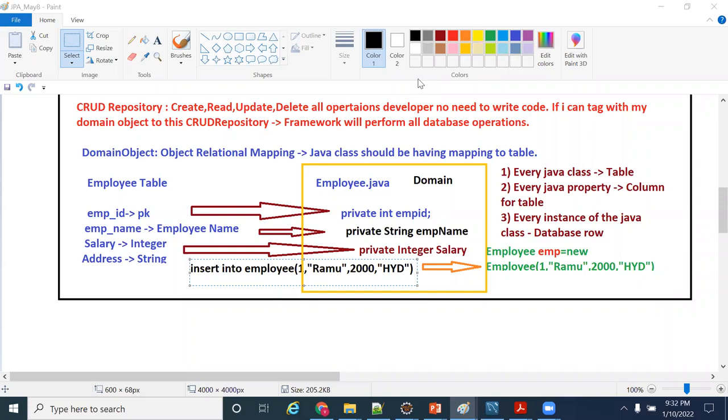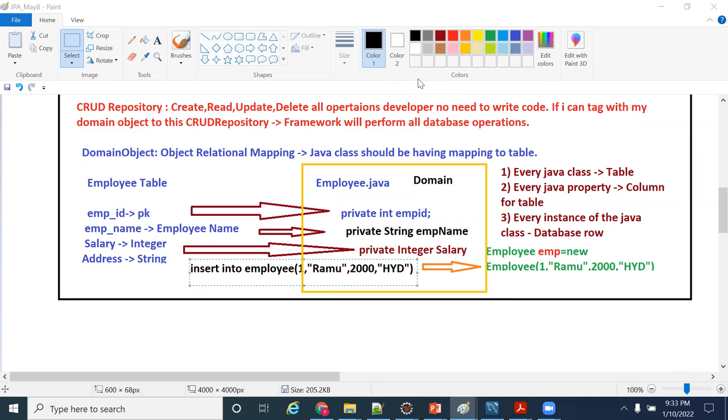Can we use Hibernate with Spring? We can use it, but the point is you need to write IOC-related code, like @Bean, @Component, all the Spring annotations, in Hibernate. Why do we need to write that? If I write JPA, it will take care of IOC. That's why they don't want to give that work to developers. If I use JPA, it will be taken care of automatically. Okay, thank you, Sachin.